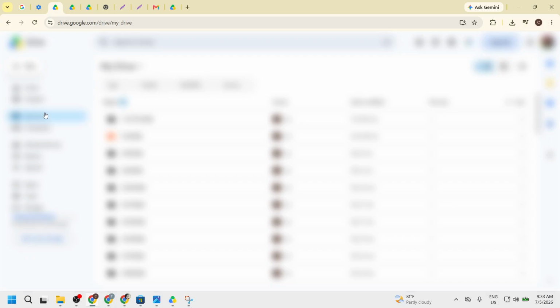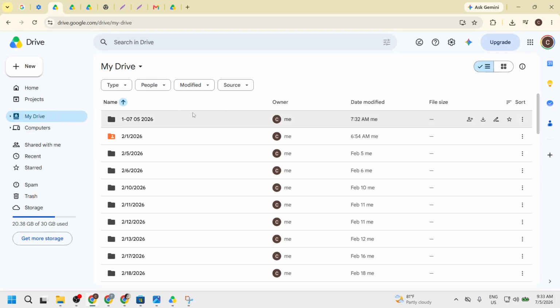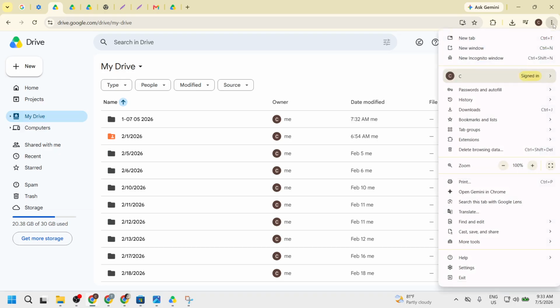Next, look to the top right corner again. You will see 3 vertical dots. This is the menu icon for additional options. Click on these 3 dots to reveal a drop-down menu. This menu contains various settings and features that can help you manage your Google Drive more effectively. Accessing this menu is an essential step because it allows you to customize your download preferences, ensuring a smoother experience